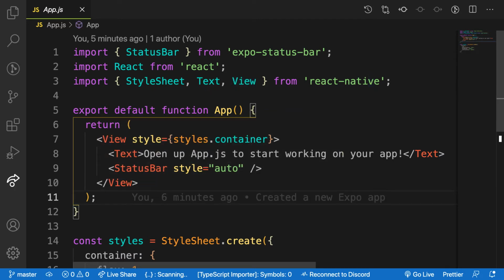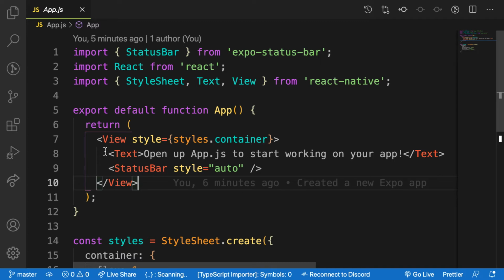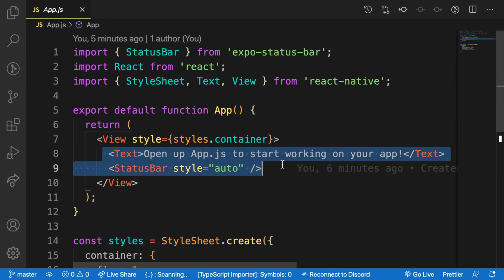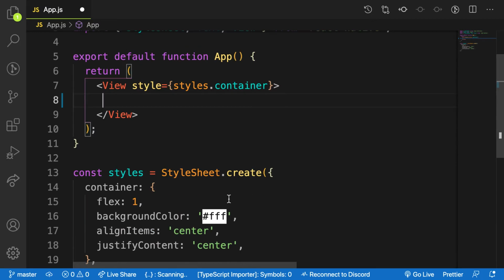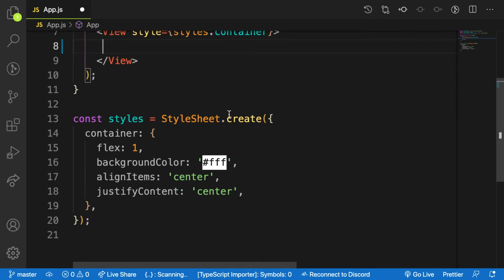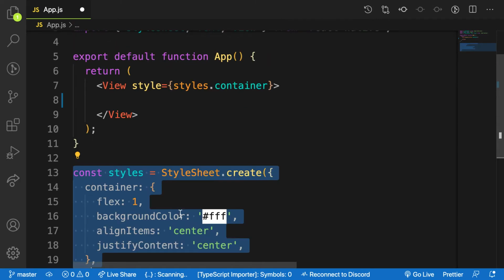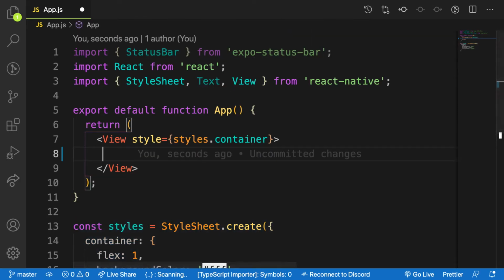So right now, let me remove everything, even my text component here, like that. I will come back to how to style. So for now, let's maintain this one and then let's move forward. We are going to talk about two components in this video. That is the text input, because we are going to build a to-do application, you need to find a way for the user to type